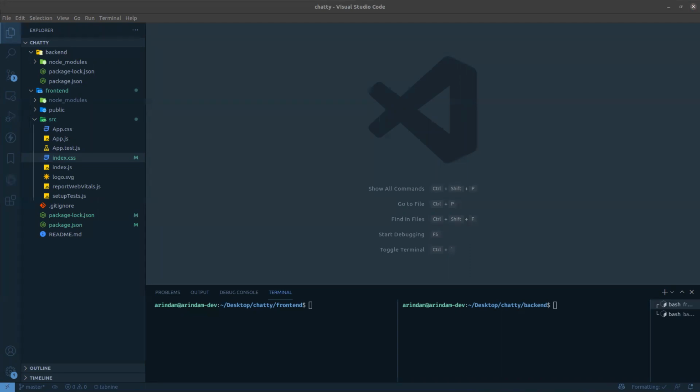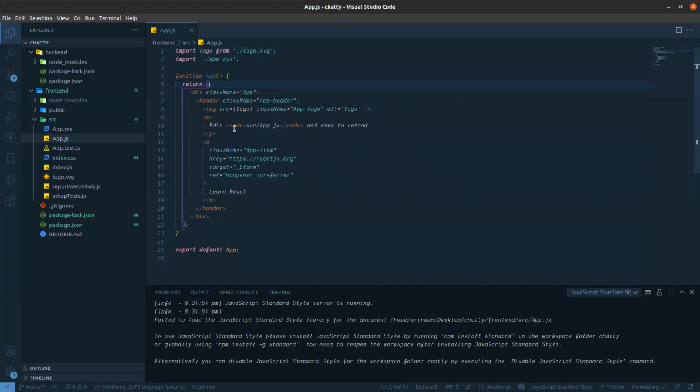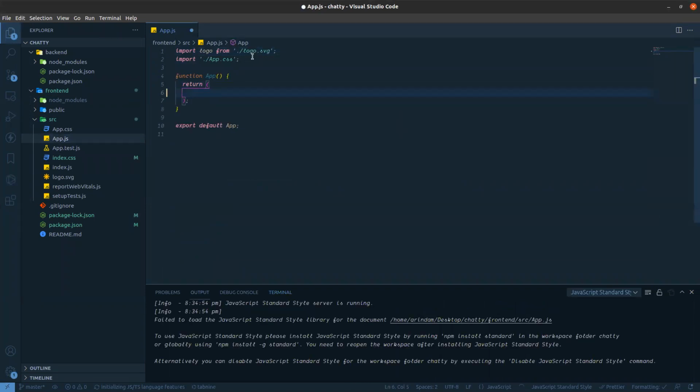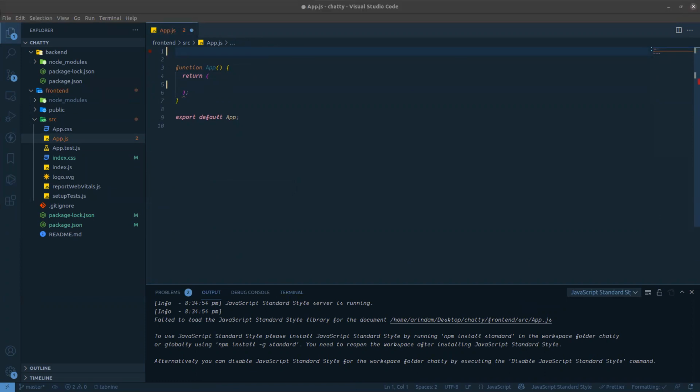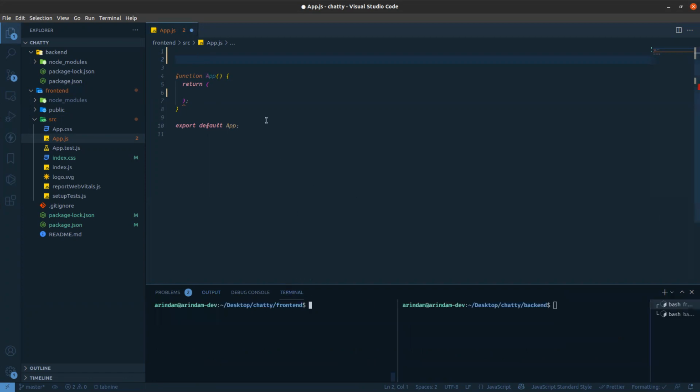Now go to the app.js. In this app.js, first remove all those stuffs. Those are not needed. We also don't need these stuffs. First we are creating two routes. For creating routes, we need to call some methods from React Router DOM. This is a popular package, and it gives methods to create routes, single page application routes. No reloading will happen.